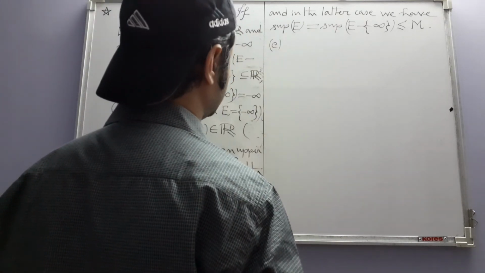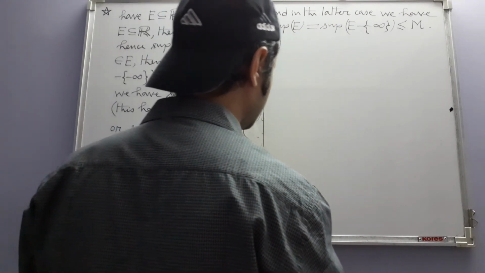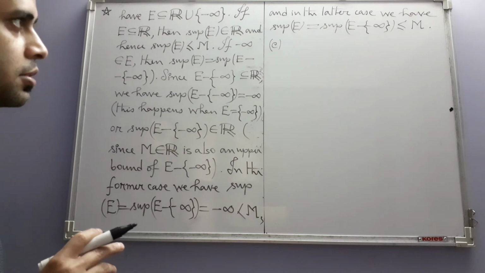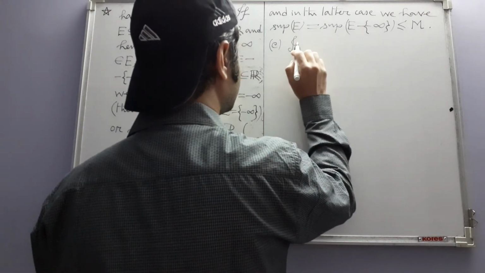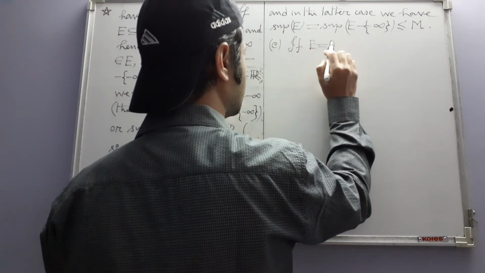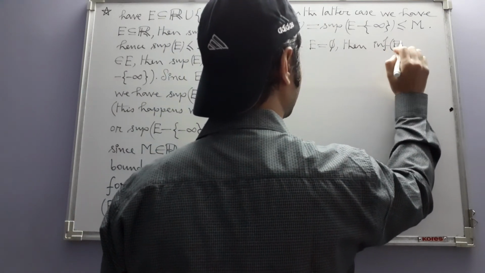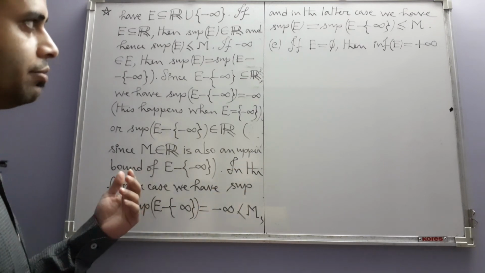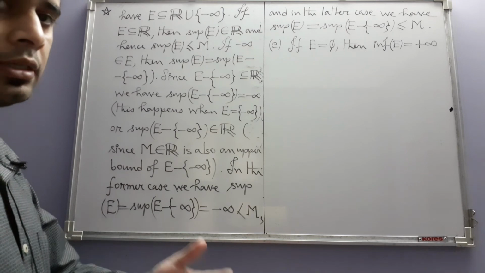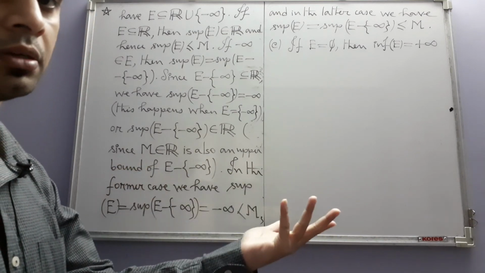in part C, we have this. In part C, we have to prove that small m is less than or equal to the infimum of E. If E is the empty set, then infimum of E, we have already seen this before, is plus infinity. The piston that is coming from minus infinity and moving rightward. If there is nothing to stop that piston in between, that is there is no E, then it will go without any obstruction and land at plus infinity. So that is the infimum,